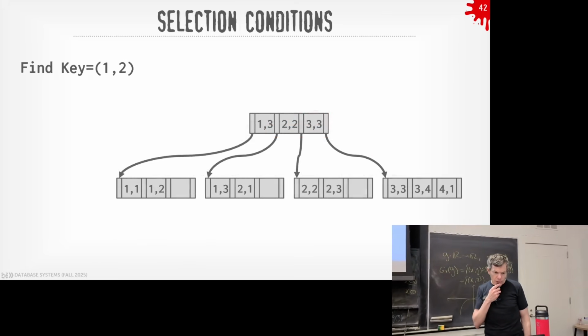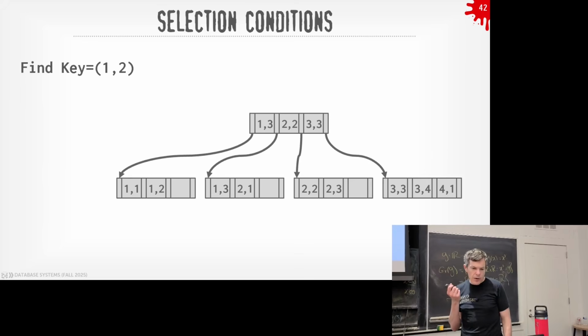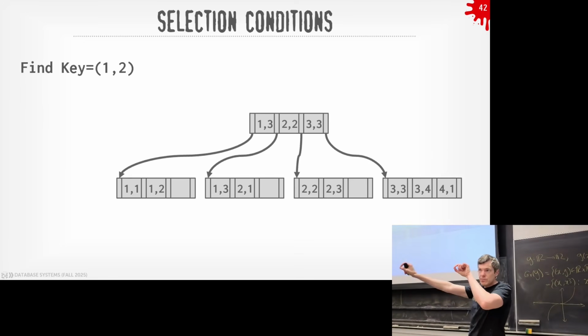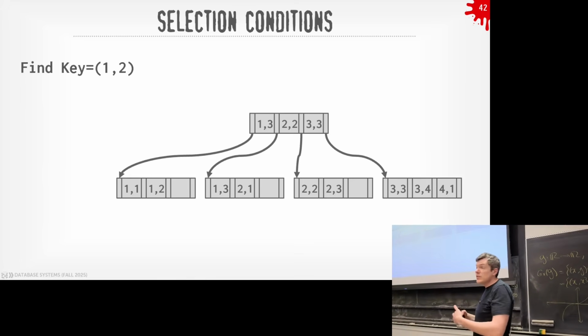Okay, so again, say I have a key on A and B. And so again, you see that the keys now are comprised of multiple things. And these are just the bits stored sequentially one after another. There's nothing that's really special about it. And because it's all declared in SQL, I know what the size of the data type I'm trying to store is. So I know how to interpret a byte array as the first 32 bits is an integer for key A, and the next 32 bits is an integer for key B. Right? All that you know because it's in the catalog when you created the table or created the index.